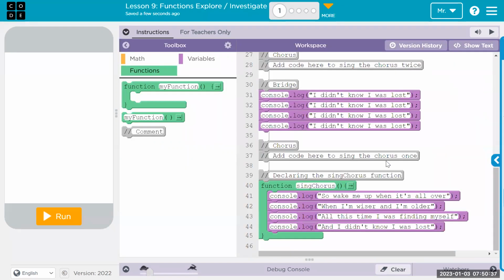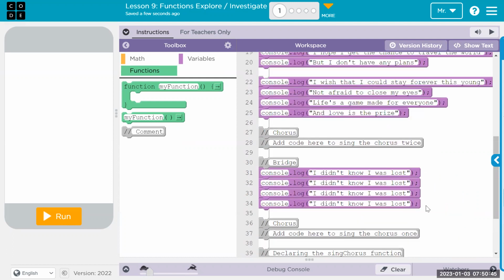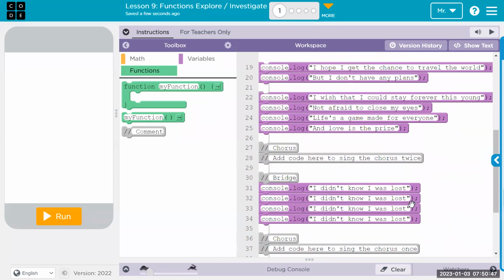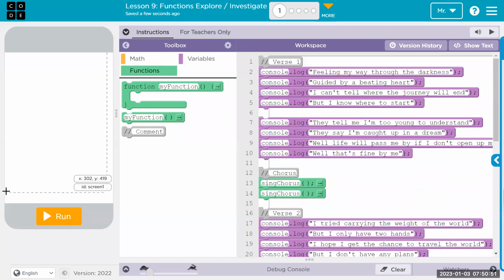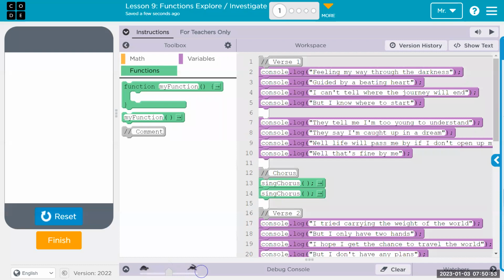That function is some more lyrics, but because it would happen multiple times, they've put it in the function